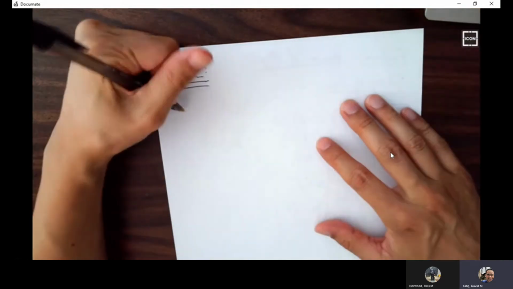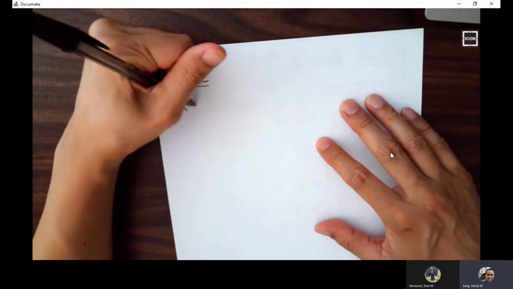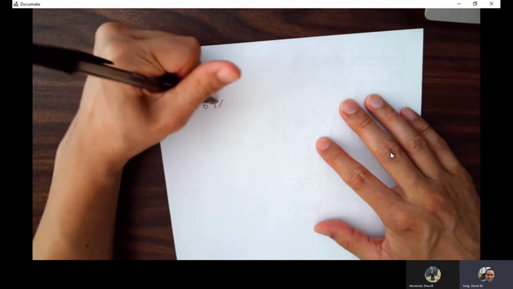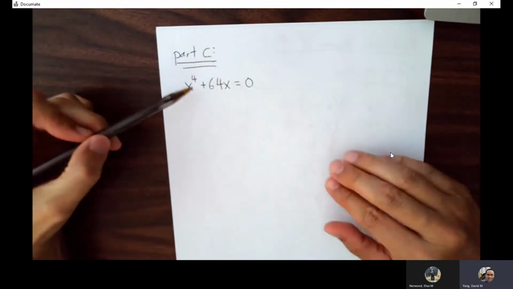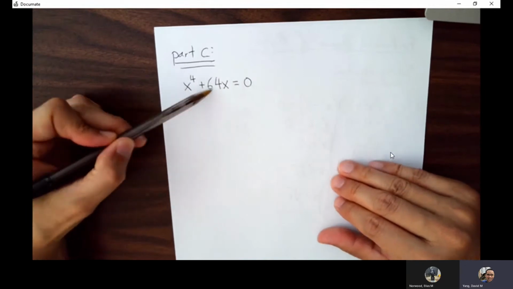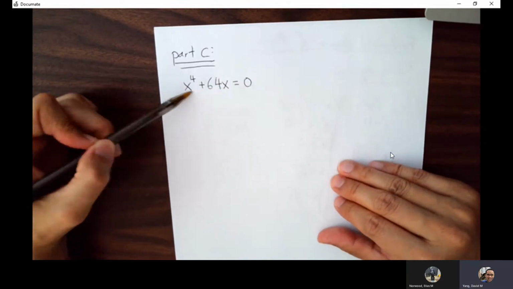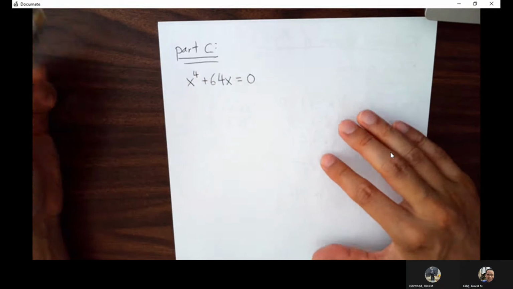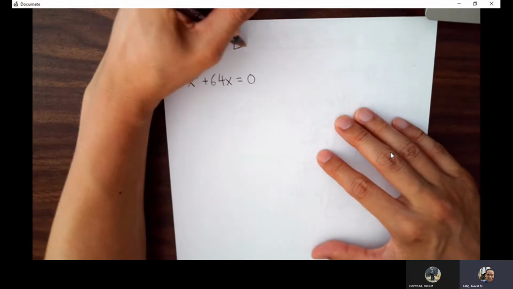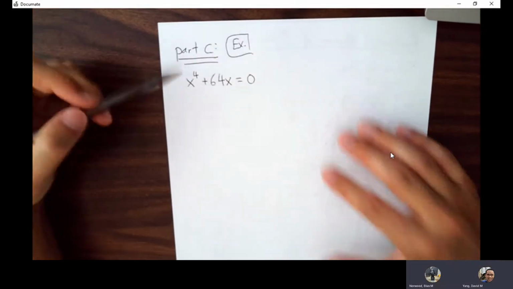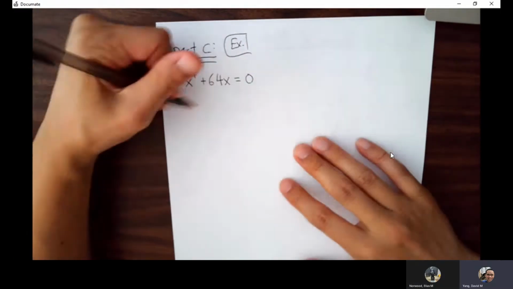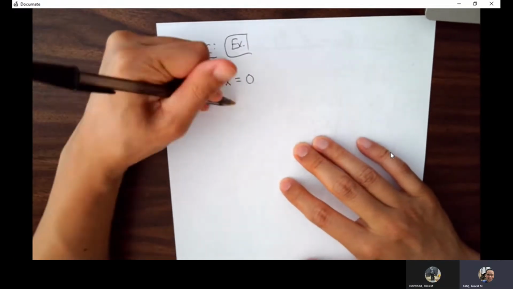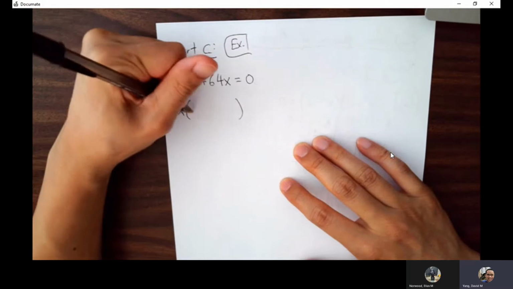Okay, so let's say I had x to the 4th plus 64x equals 0. First thing we do is take out the GCF. What's the common factor that we can take out here? What's shared between these two terms? X. I can take an x out, yeah. So that leaves me with,